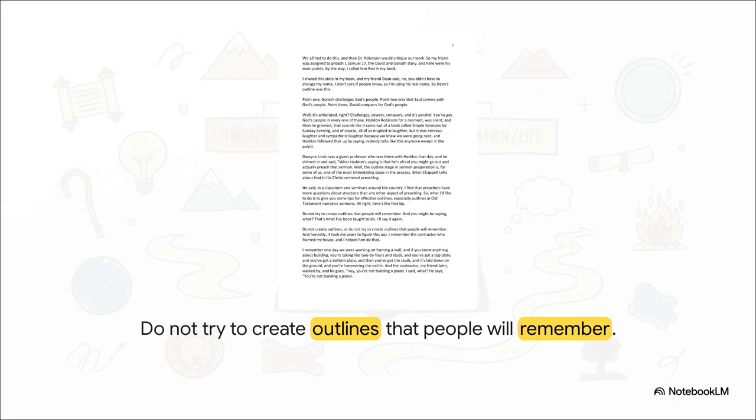And honestly, here is probably the most liberating piece of advice you'll ever hear about structure. Because your outline is ultimately going to be covered up with the sheetrock of your storytelling, your very first rule is to stop trying to create cute, alliterated outlines that your audience will remember. You heard that right. Stop trying to make your outline memorable.